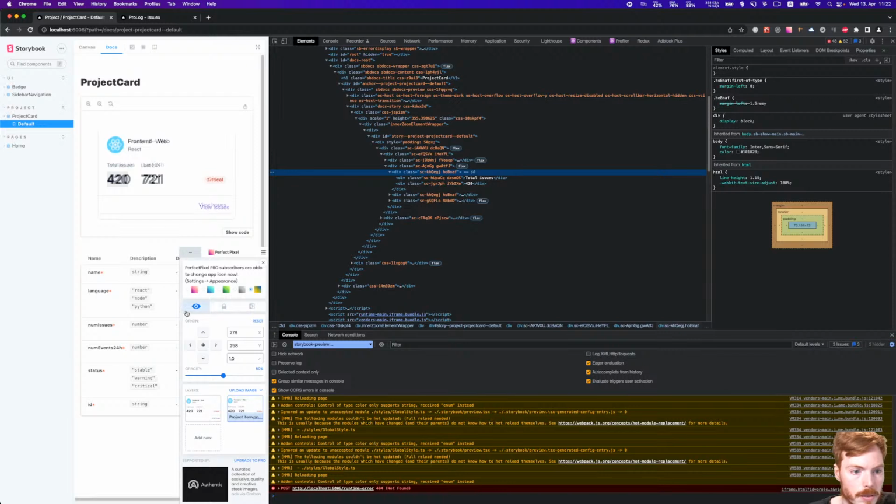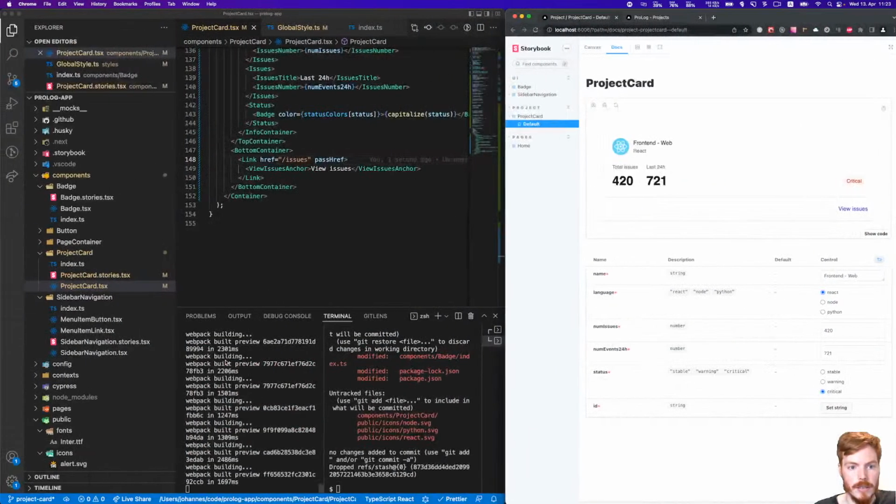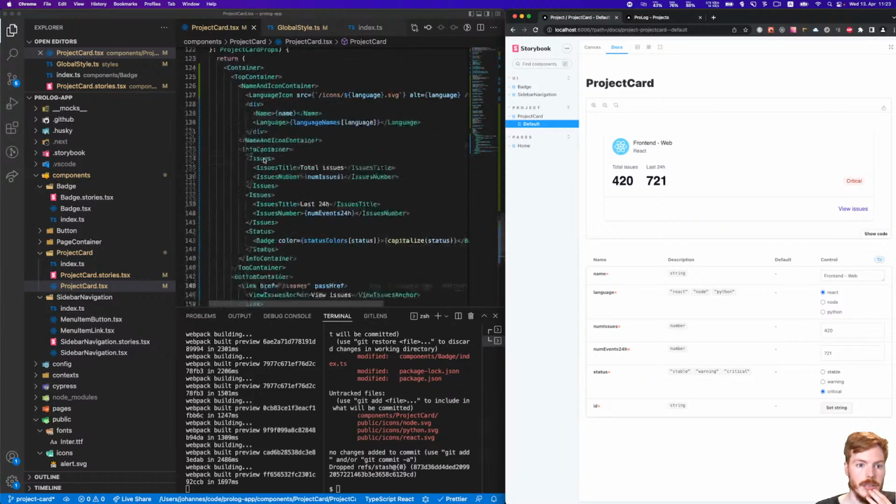But this is bothering me more, I guess, the fonts, because this looks a bit off and it doesn't look the same. So I probably have to check again here. And then something about the view issues is also not correct. Let's check if the font size is correct here. Project card, and then